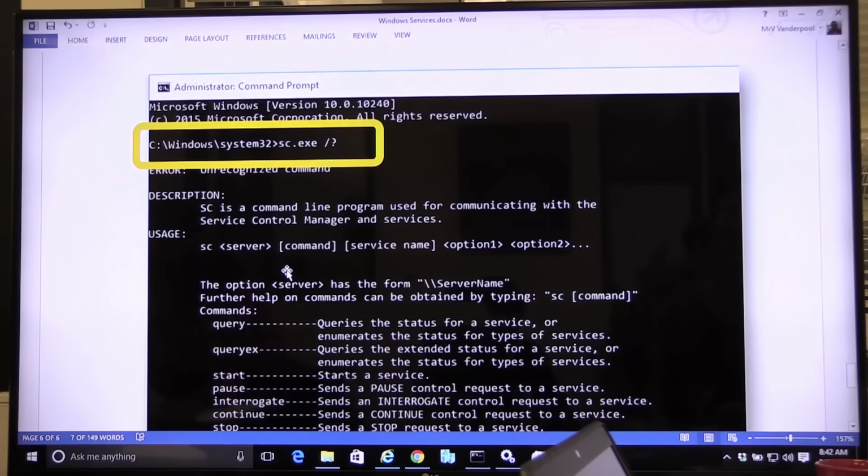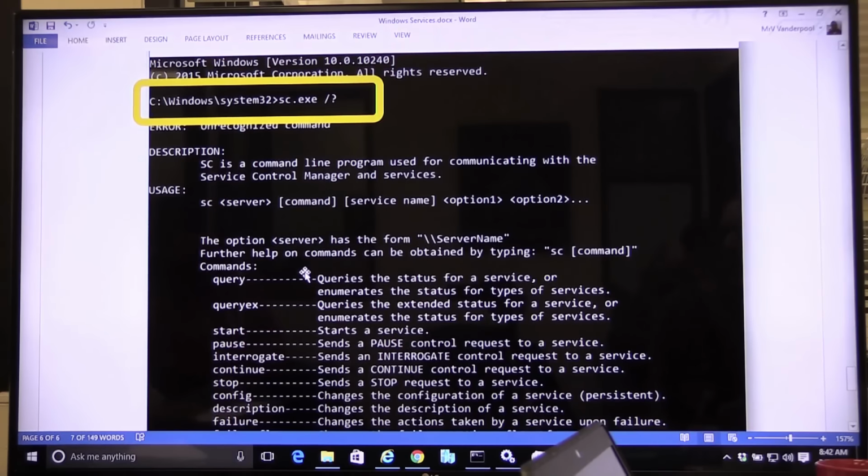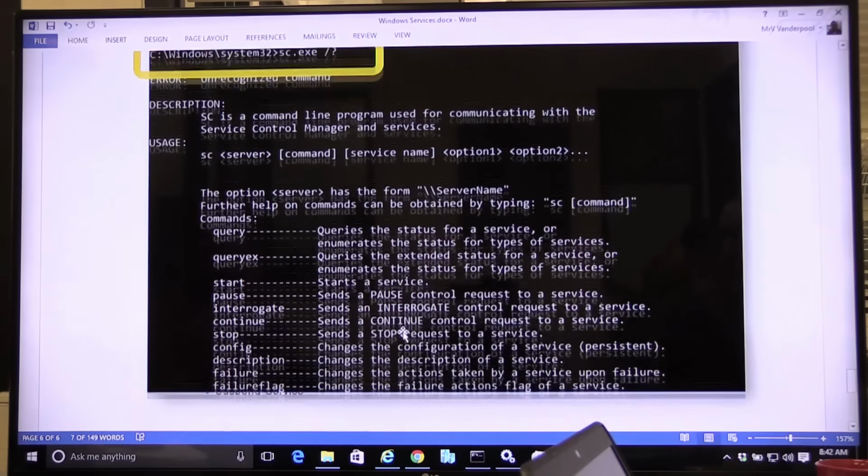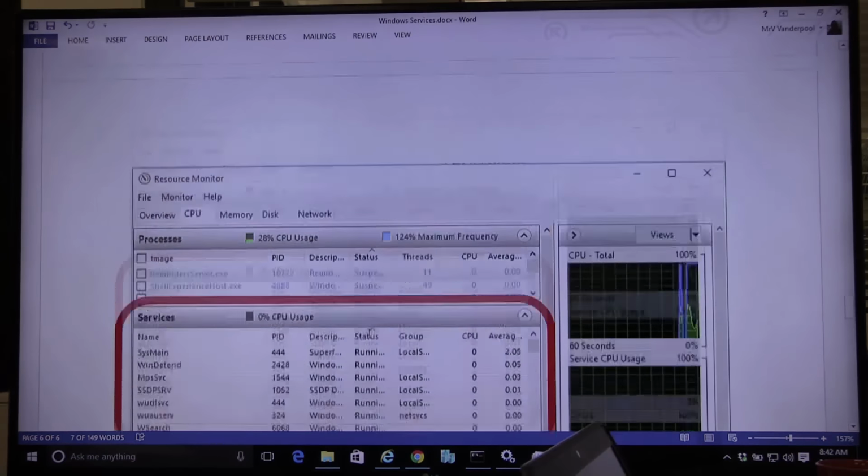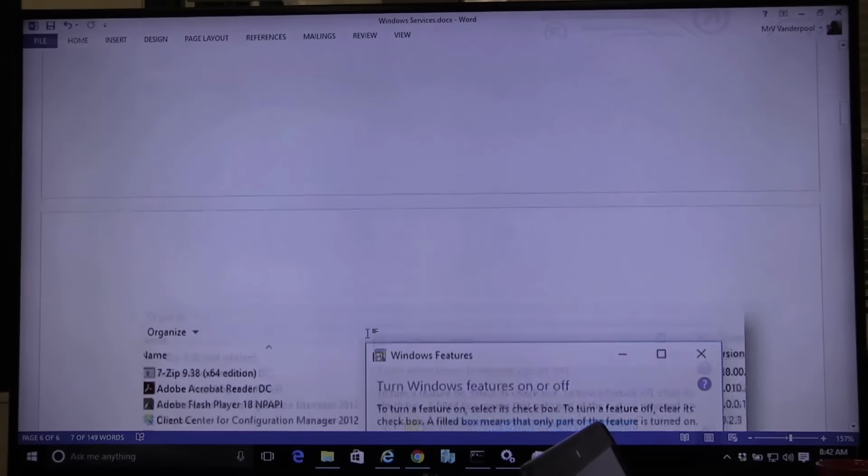I'm going to send you these notes. So any service you can start, stop, query, look at. So it is your command line tool for handling the wonderful, exciting services that you have on your PC.